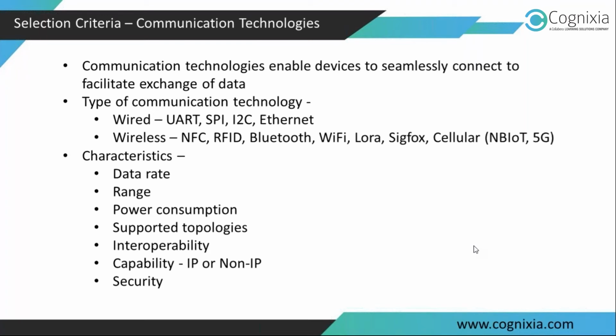Okay. When it comes to wireless options to connect your devices to each other, we have NFC, near field communication. We have RFID, radio frequency identification system. We have Bluetooth, and believe me, Bluetooth and Wi-Fi, these are the most wonderful technologies, right? And we have LoRa, which stands for long range. Sigfox, again, for long range communication. These two technologies, including NB-IoT, we call them LPWAN technologies, low power wide area network technologies, right?